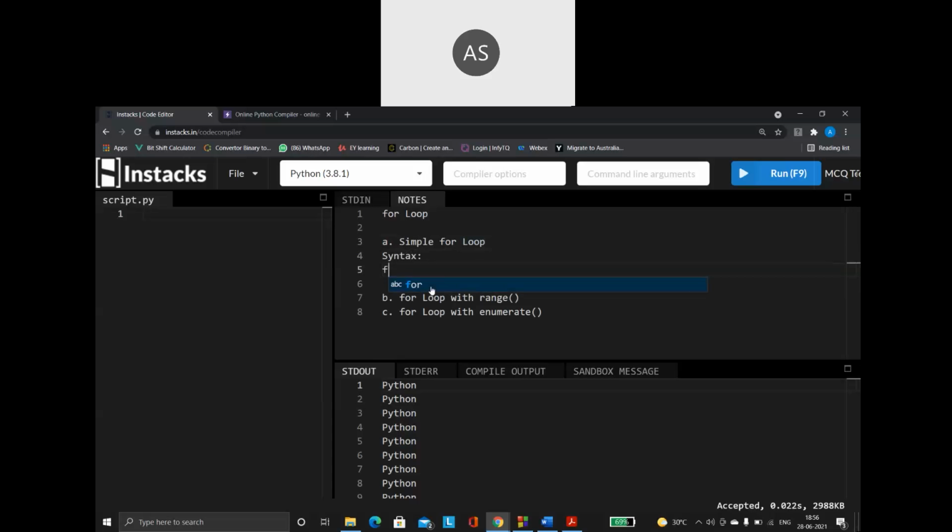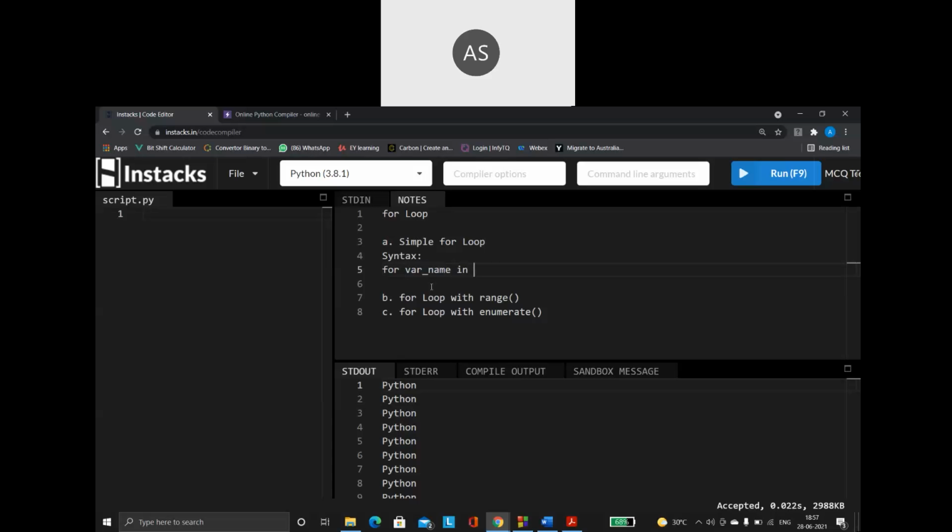So you are going to say for, which is a keyword. Obviously, since it is a for loop, we are going to have the for keyword. So for, followed by some variable name, any choice, whatever variable name you want, you can make use of it. Then in is again our keyword.